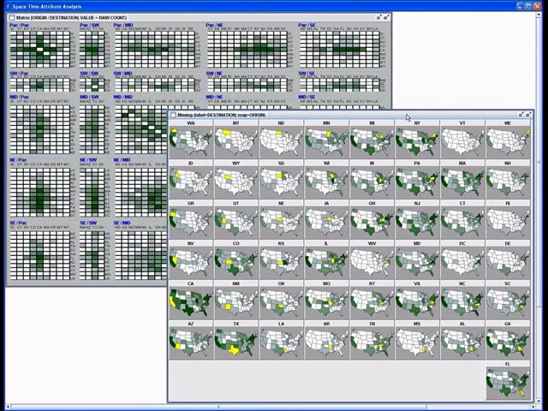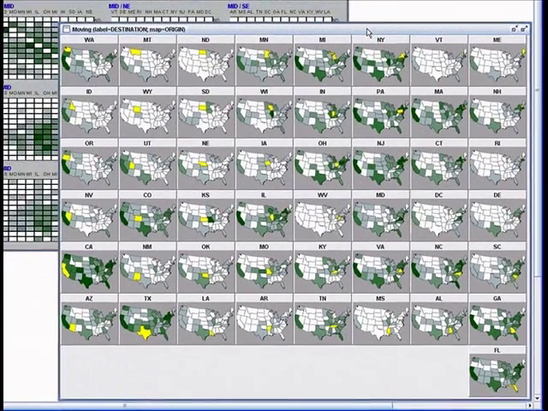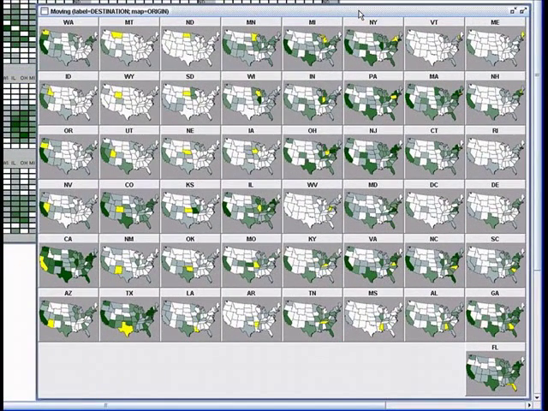We focus in this segment on state-to-state company relocations. Each small map depicts a destination state in yellow and the number of companies moving from each donor state in green. Companies moving to California and Texas are, perhaps, less surprising than those to New York and Pennsylvania. Maps are arranged in a roughly geographic layout. This allows us to see that much of the East Coast has failed to attract companies, while the traditional Rust